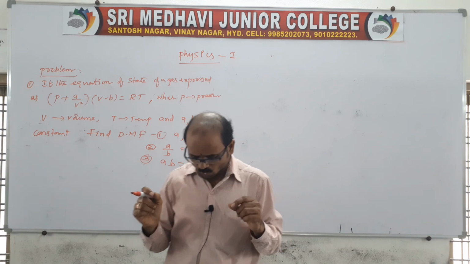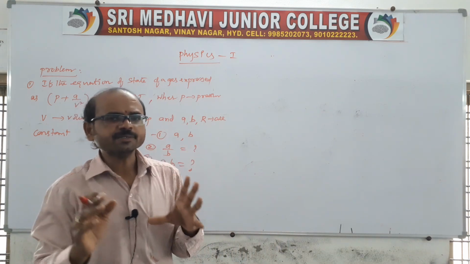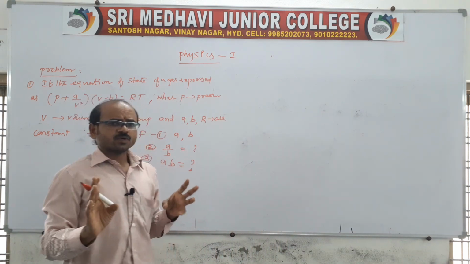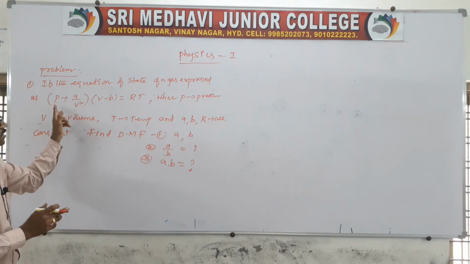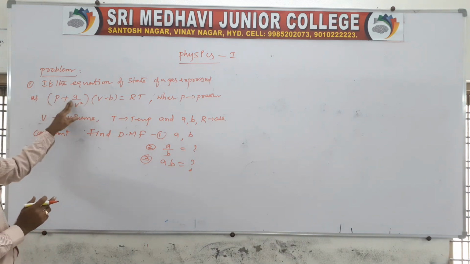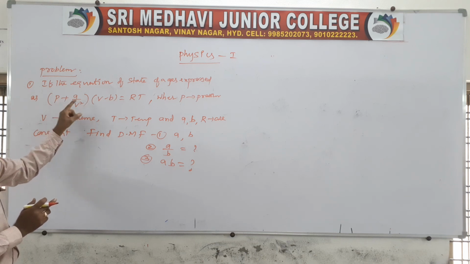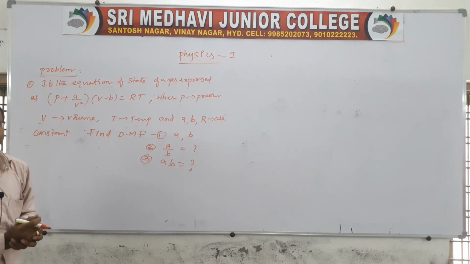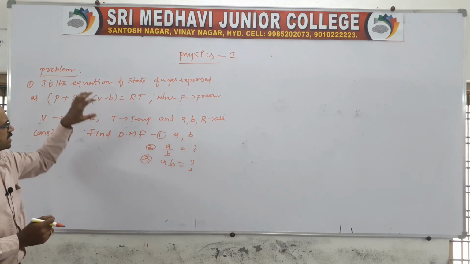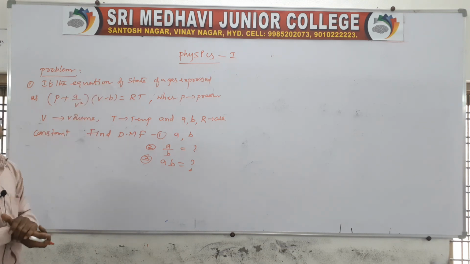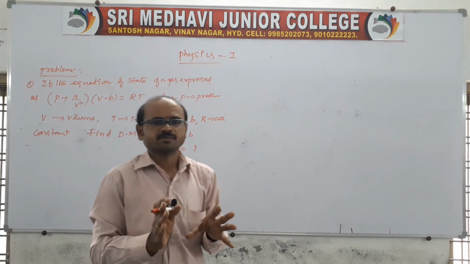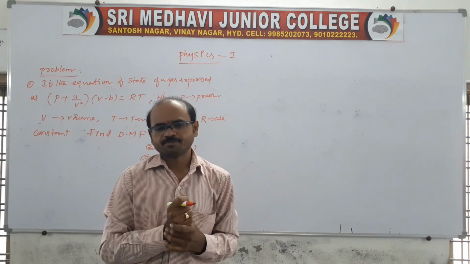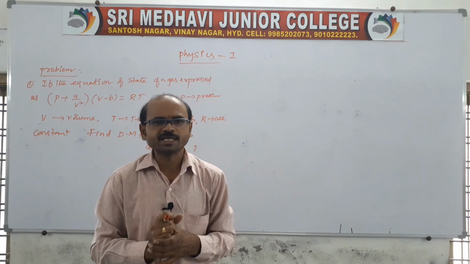So according to the principle of homogeneity, only if the given physical quantities are dimensionally equal can they be added or subtracted. Here it is to be added, therefore these two physical quantities must be dimensionally equal, and here it is to be subtracted, therefore they must also be dimensionally equal. Then only can they be added, subtracted, and equated. Remember, this is the principle of homogeneity.